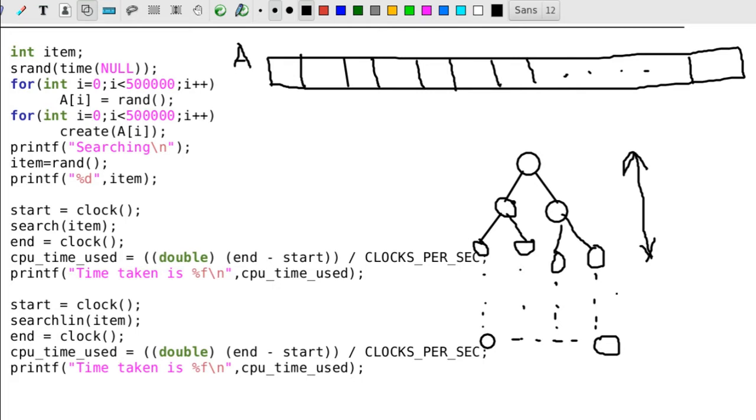What we will be doing for finding out the efficiency is, after creating this array and binary search tree, we will try to search for an element using in-order traversal method. So, using this, we will be finding out which one is better.